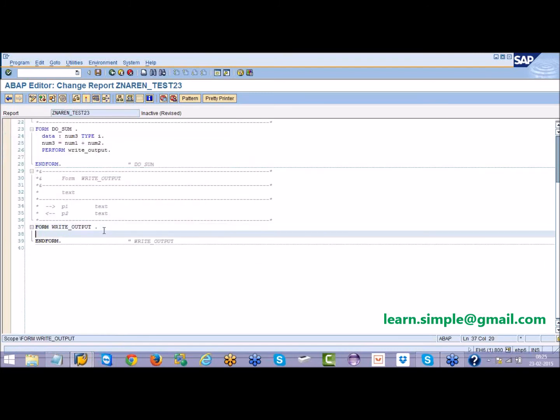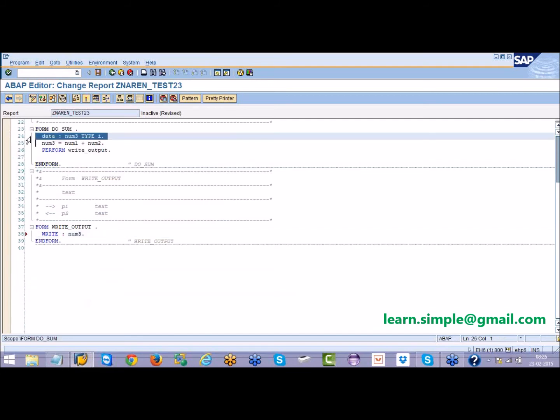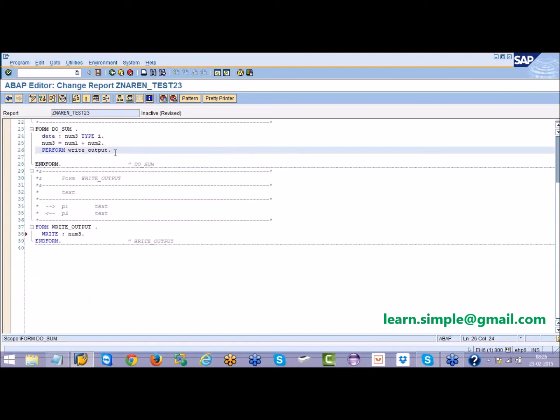Then here I will say write num3. But num3 is a local variable which is declared in the other subroutine, so I should pass num3 from here to here. How can I pass?